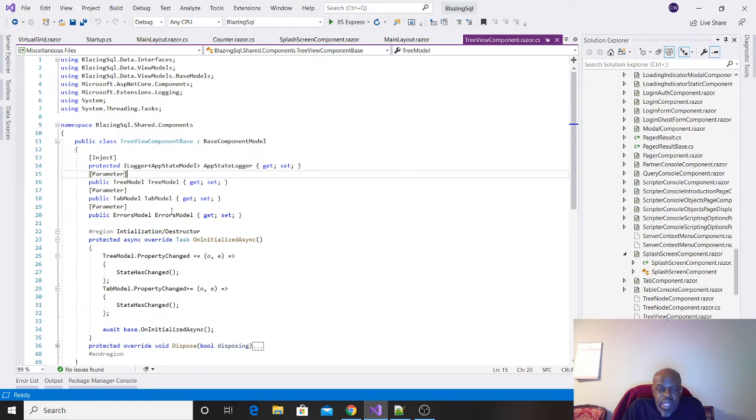So those are areas where you'll find difficulties. You'll update something and then something doesn't reflect on the UI. It's because the state hasn't been changed in order to reflect that.